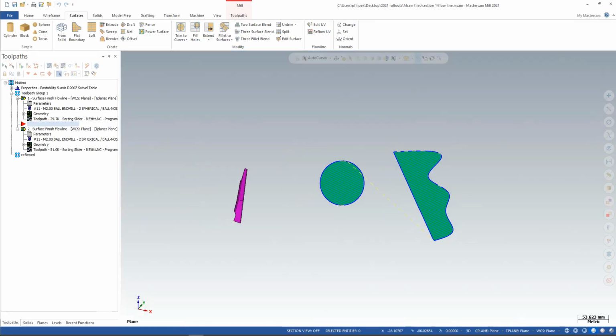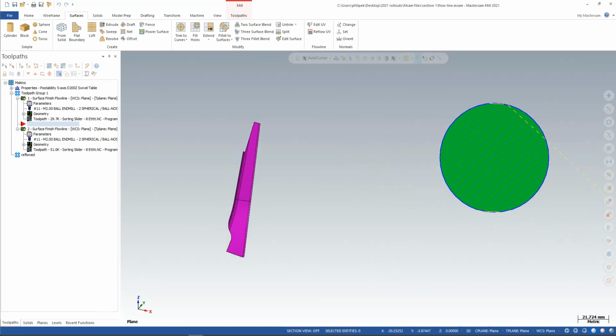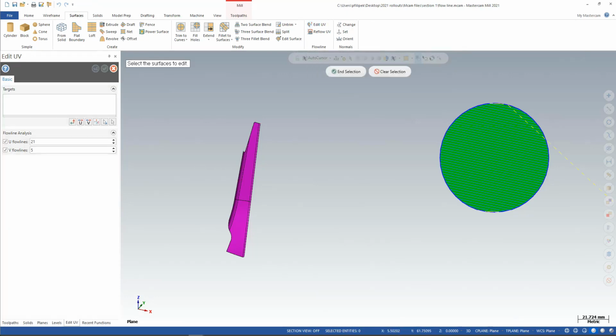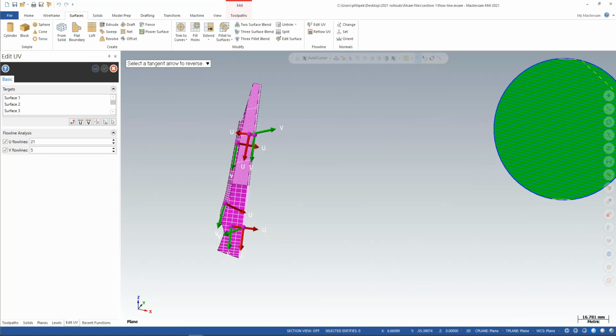And I have 3 parts on my screen here. The first one to look at is this purple part here. And to find these options, it's going to be up in the surfaces option, and the first one to look at is edit UV. So I'm going to go ahead and pick my whole surfaces here on this purple part, and you'll notice that my U and V directions are not matching. What I mean is this green one here does not match this one here,